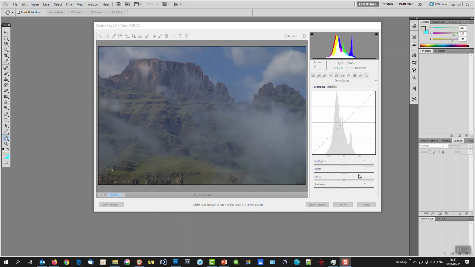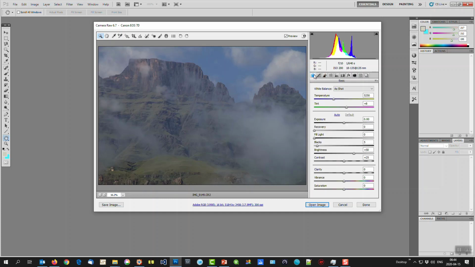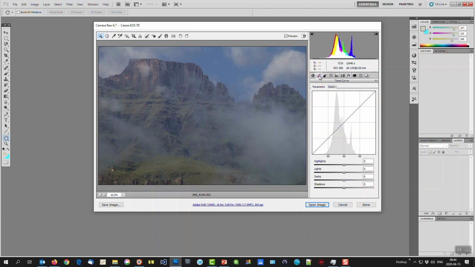Hi, today we're going to show you how to fix this photograph in Camera Raw, and that is when we want to import a CR2 file into Photoshop. What I'm going to do here is not use the basic settings, I'm going to use the curves, and there are two ways of doing it. In a parametric